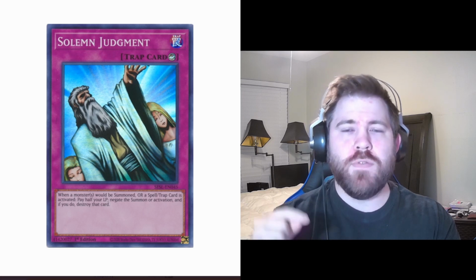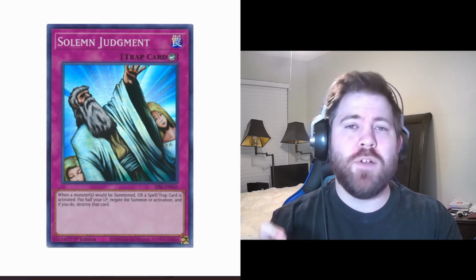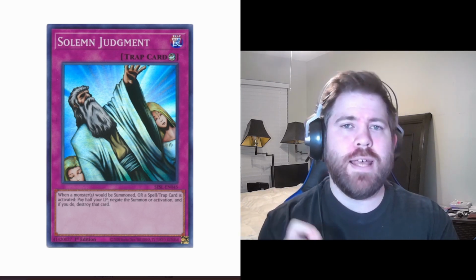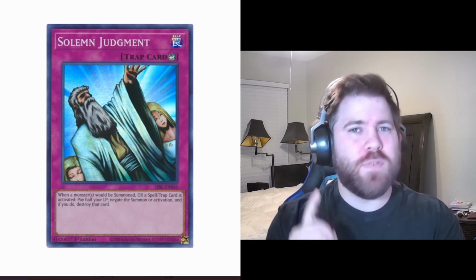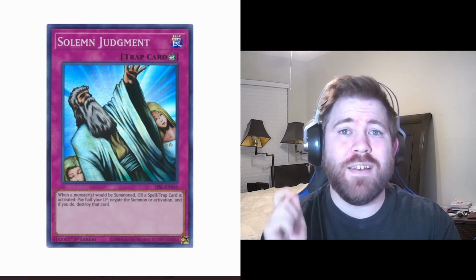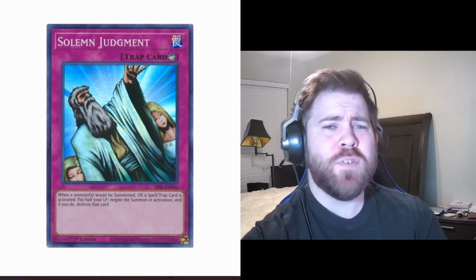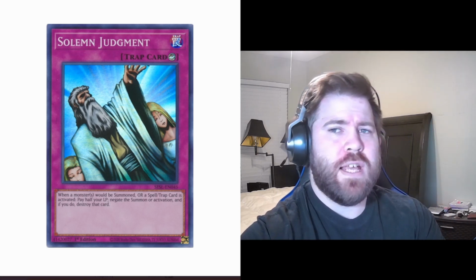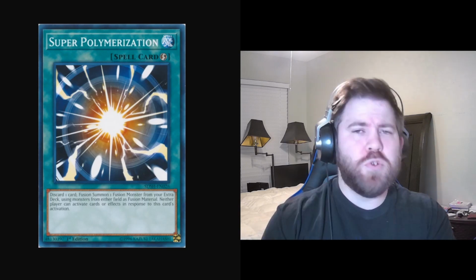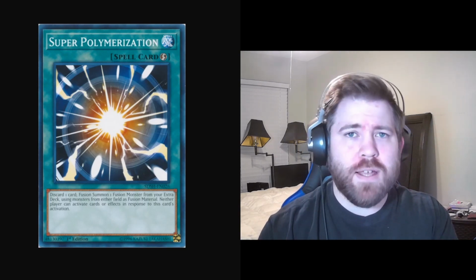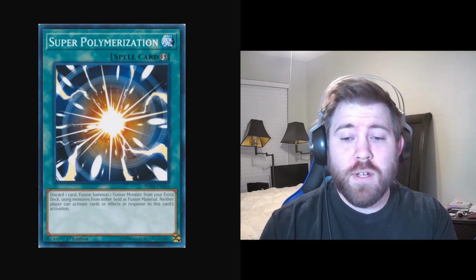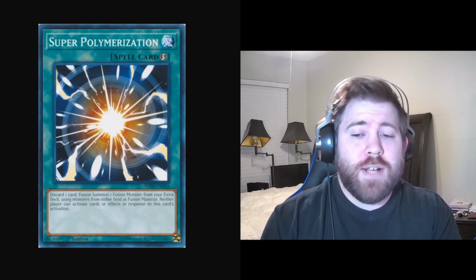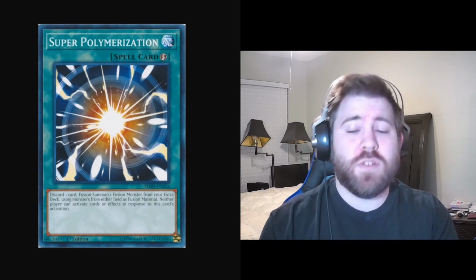All of a sudden, the only cards that you can respond to in that specific chain with is another Spell Speed 3 card. There is one other type of card that Solemn Judgment cannot negate. That is one of our little special cases in Super Polymerization. Usually Solemn Judgment would be able to respond to anything unless it specifically says on a card that it cannot be responded to. This card literally says neither player can activate cards or effects in response to this card's activation,